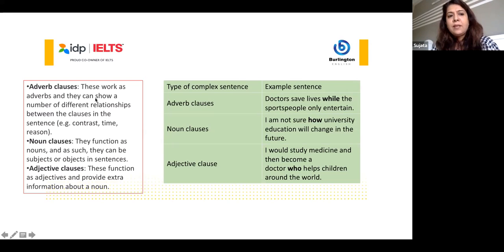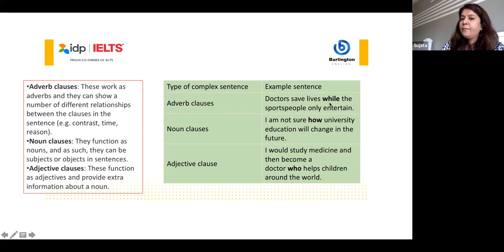Now, you need to understand adverbial clauses, the linkers that you use, the conjunctions that you use. Many help you to make and join ideas. So when you're joining more than one idea, and if any one idea is dependent, then there is a sentence structure which will be a complex sentence structure. So here, while is helping you prepare an adverbial clause complex sentence structure, how is giving you a noun clause here, and adjective clause is with the who here.